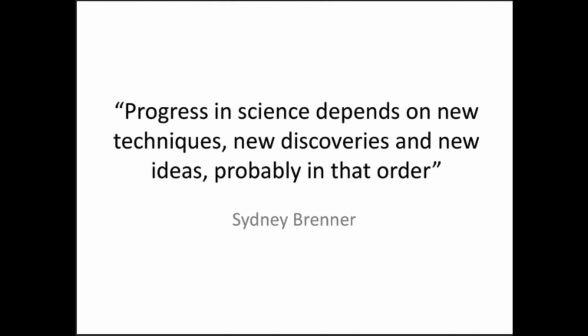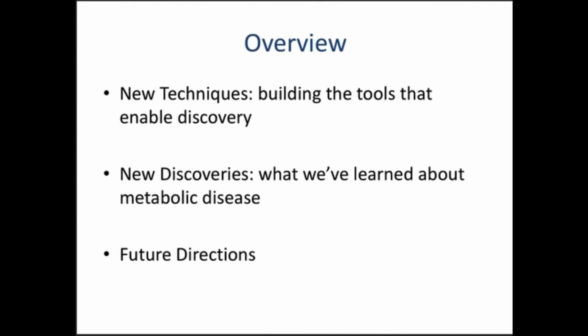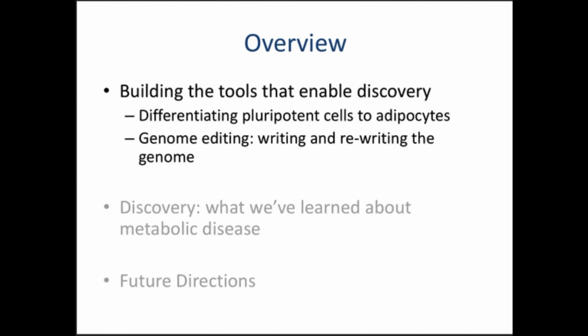So I think this is a way to say that we're going to talk about some of the things that we've done in terms of technology, then the discoveries, and a little bit of future directions. We've had to spend 10 years building tools, which is really frustrating at the end of the day, but it does open up avenues that you would have never done. The two tools that we've had to do a lot of work on are the ability to turn these pluripotent cells into an adult cell type that you can reliably use in a laboratory setting to understand something about disease. And another important thing is, if you want to understand genetics, you want to rewrite the genetic code in a way that would let you look at the disease state versus the non-disease state. And so we've really had to play with some of the genome editing tools.